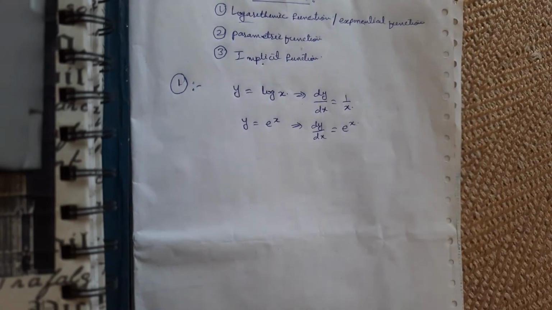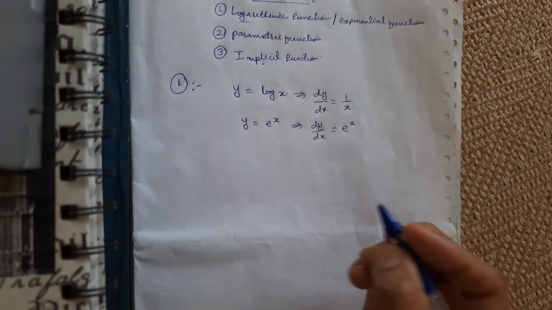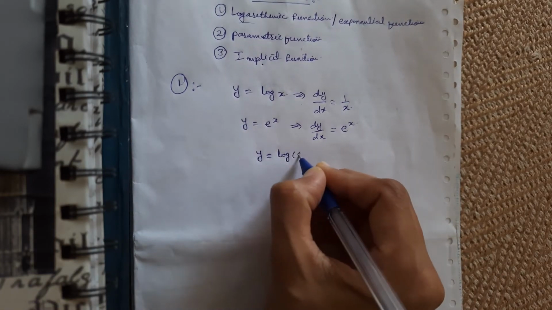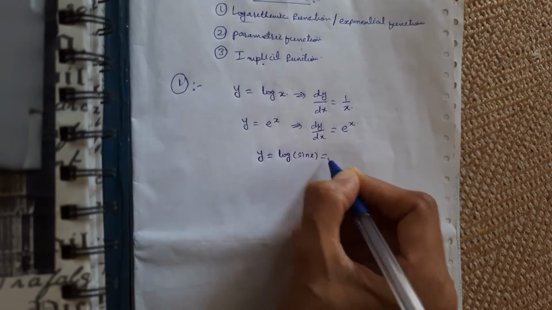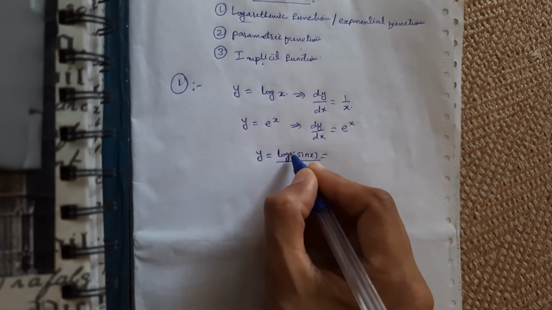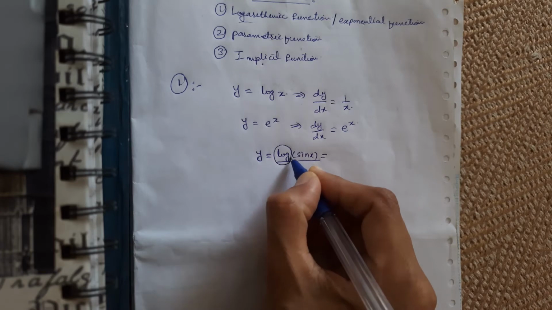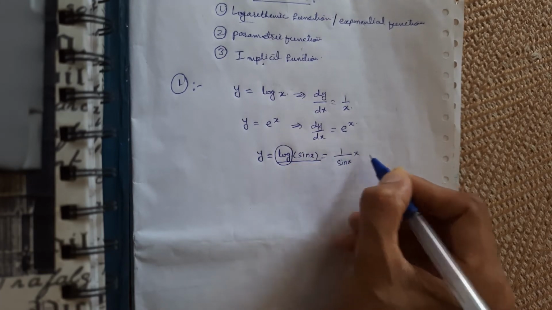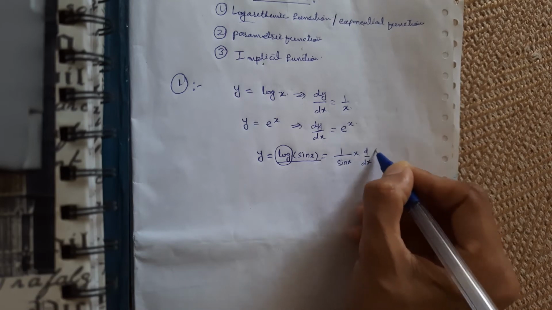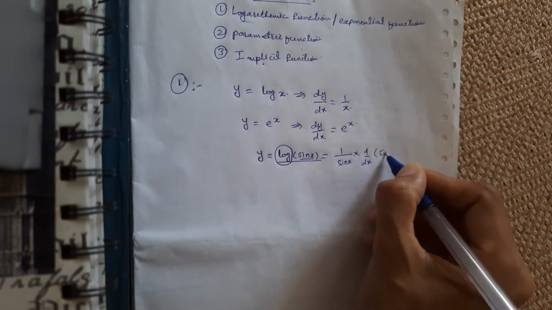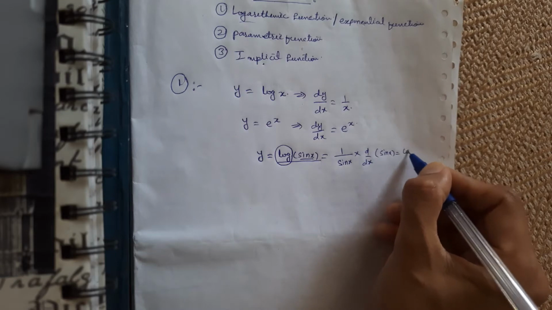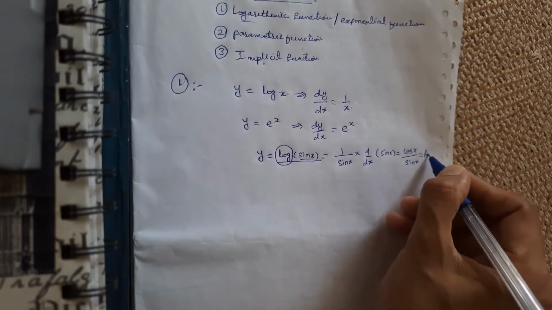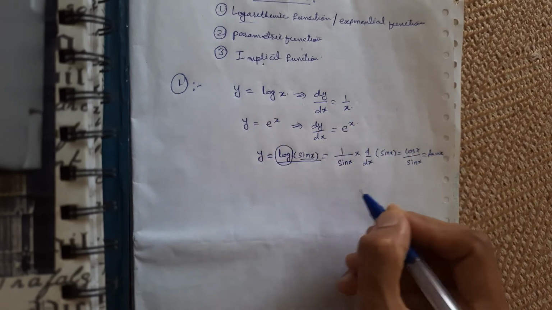By the composite function that we discussed in the previous lecture, we know how to find the derivative of, suppose I have, log of sin x. Then by using the chain rule, I first write the derivative of the outer function, which is 1 upon sin x, and multiply it by the derivative of the inner function, that is cos x. So I will get cos x upon sin x, which is cot x. So this you already know.